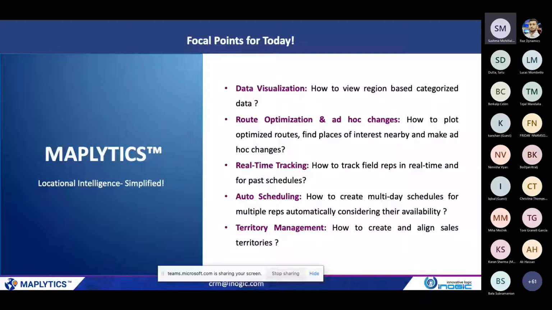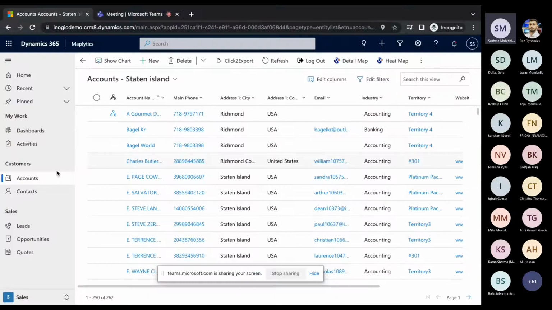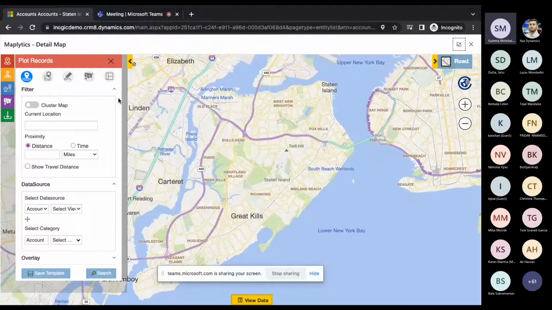And here I am in my demo instance of Maplytics. So here you can just open any of the entities and you will be getting the two map buttons on the ribbon over here. So I can just click on the detailed map. Detail map basically provides you this plot record card. So plot records card will be helping you to select a search criteria for how you want to plot your data